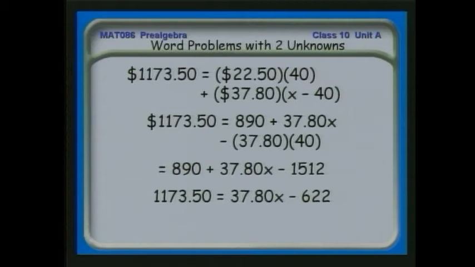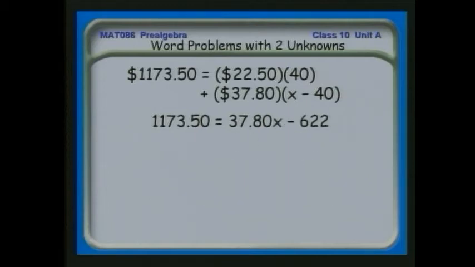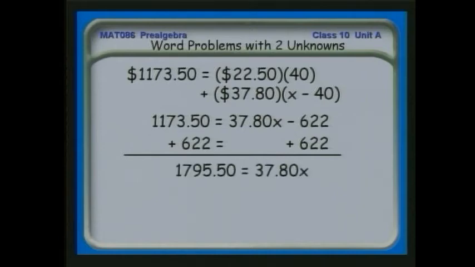We still have to simplify some more on this. Let's write this on a new slide so we have a little bit more room. And the next step is we add 622 to both sides of that equation and then do the corresponding math. When we do that, we get 1795.50 is equal to